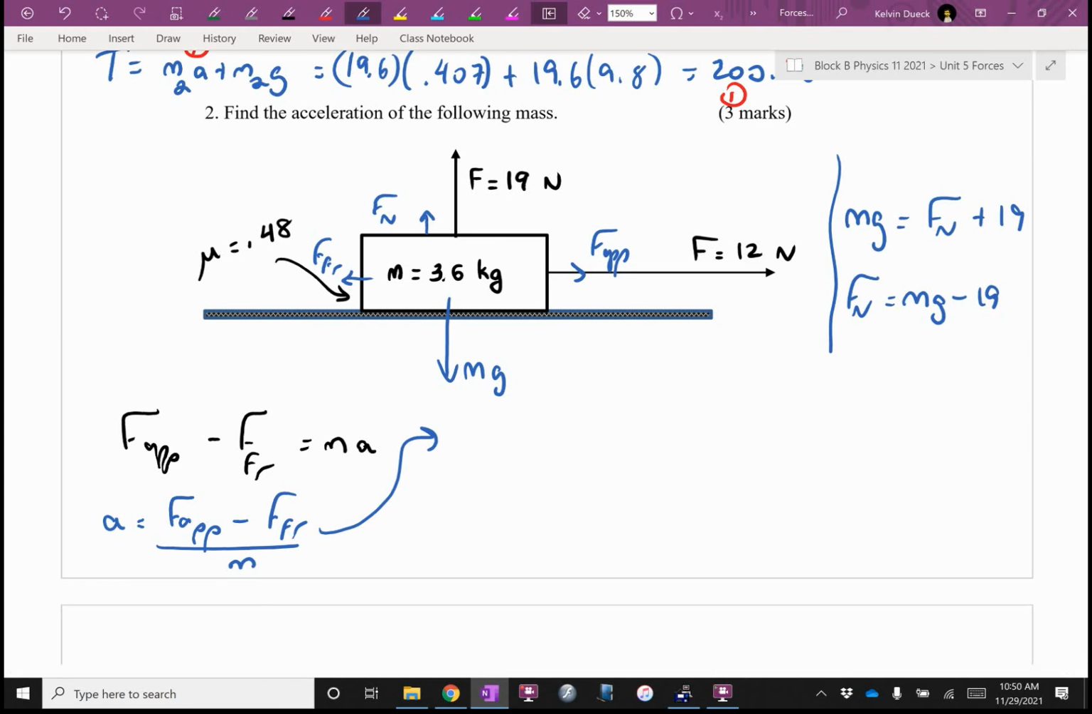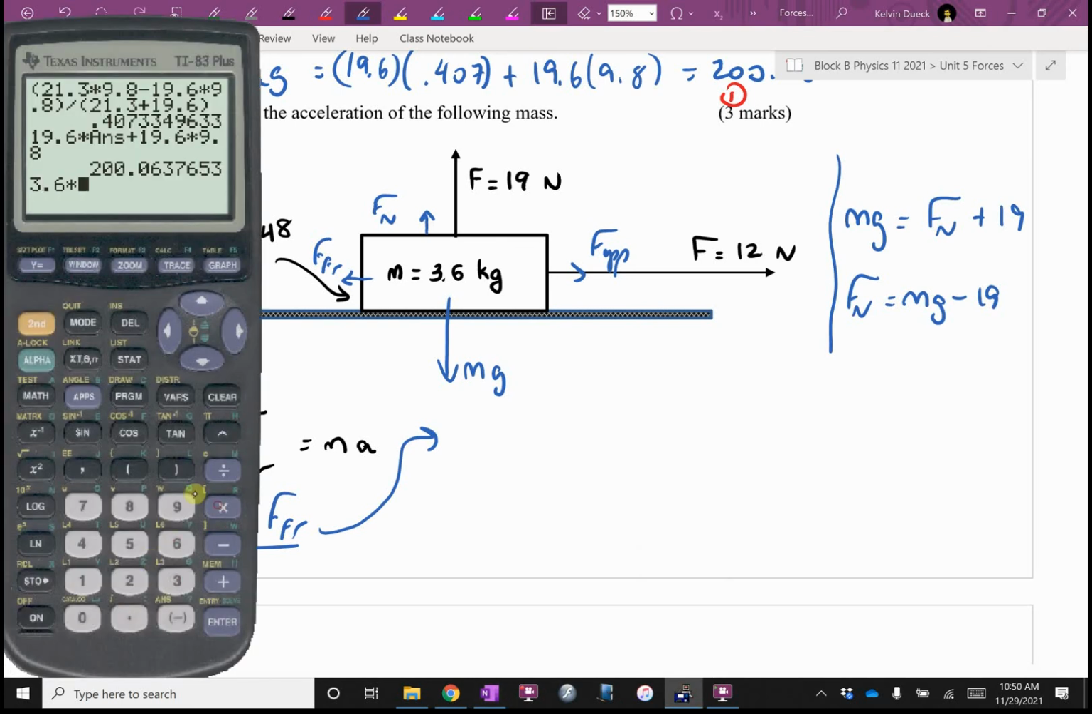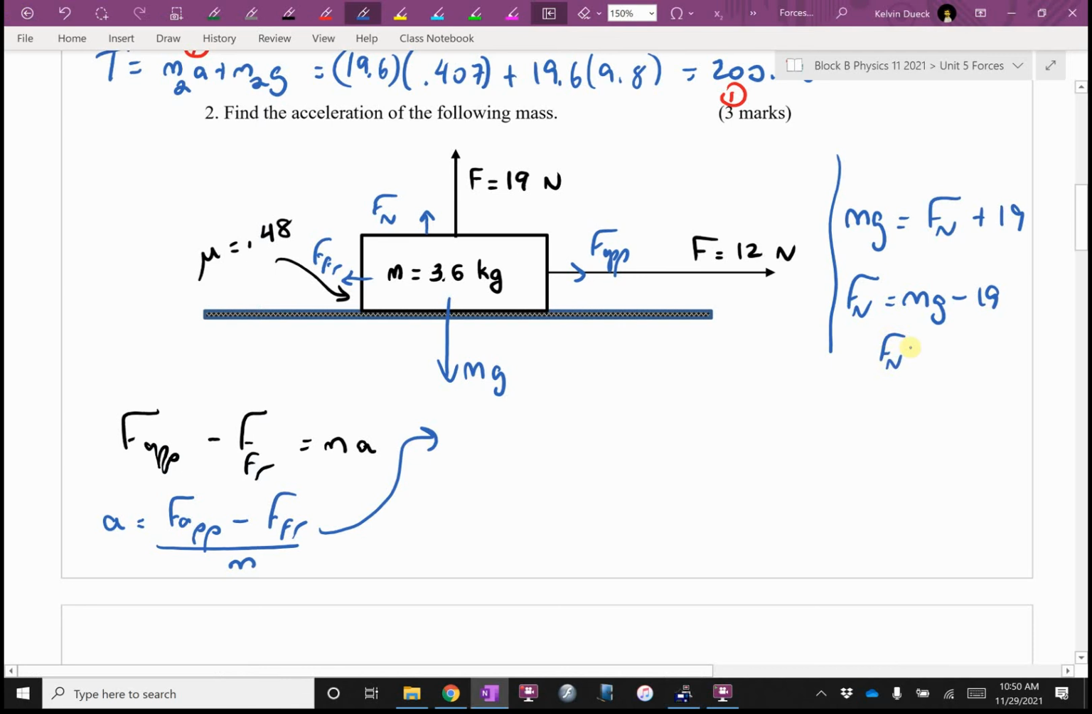If you calculated it, you would get 3.6 times 9.8 minus 19. You would get 16.28. I'll write that here. Oh, and this one I would not round off because I'm using it to find an answer. I'm actually going to just not even bother calculating it. I'm going to do this in one step. I'm going to say A equals F applied 12 minus mu 0.48 times the normal force mg minus 19, although instead of mg, 3.6 times 9.8 minus 19. All over